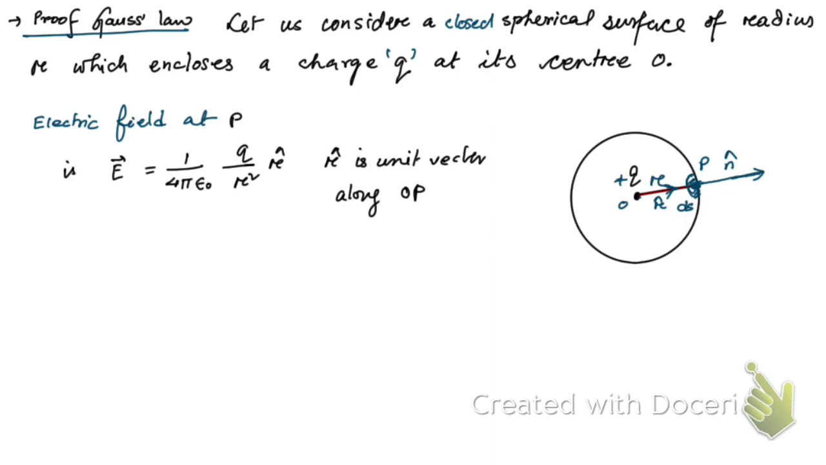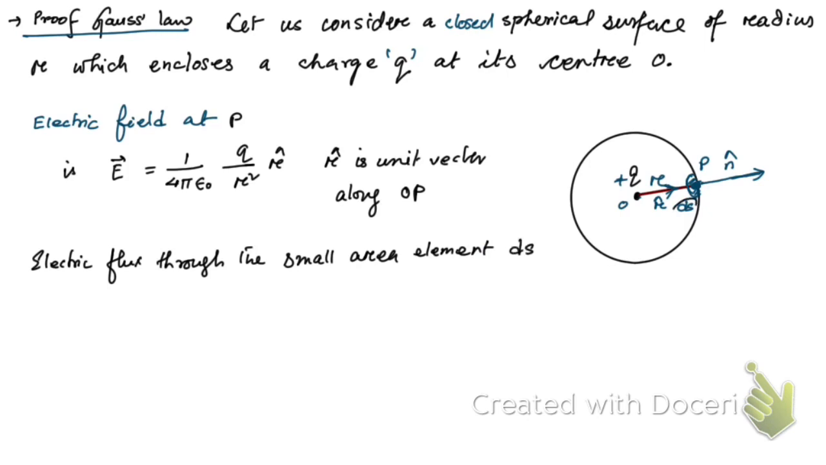Okay, electric flux through the small area element ds, as shown here. This is ds, this is the area element, the small area element. You can see this is the small area element whose area vector is ds vector,